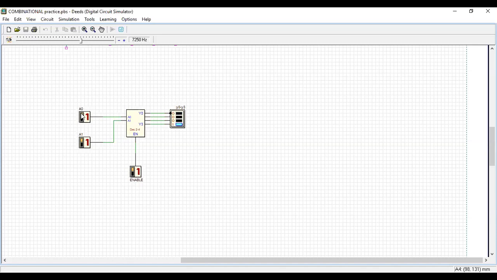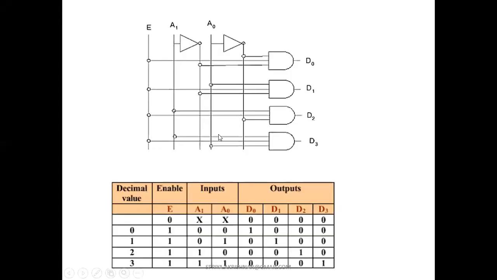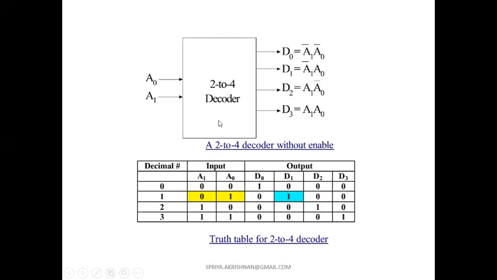So my logic worked very well with the 2 cross 4 decoder circuit, which is one we designed, one we tried using the basic gates and one we tried using the IC block. Both worked well for us. So we tried this basic gate circuit as well as the decoder IC circuit. That is the idea.